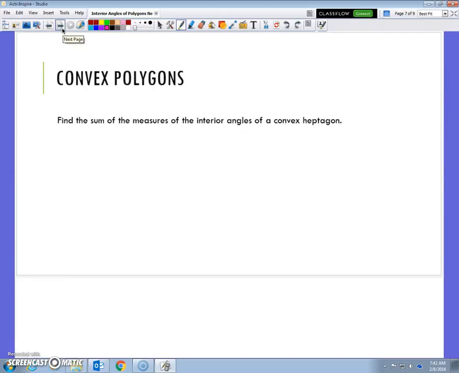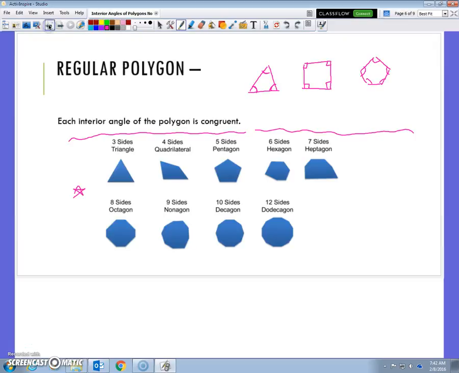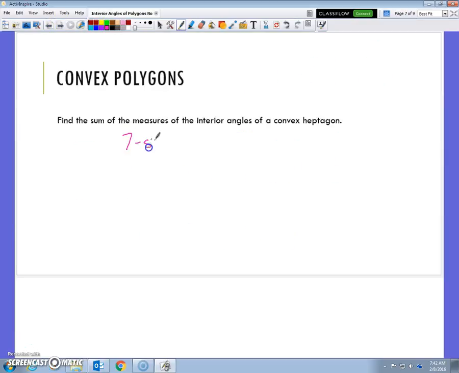Convex polygons. Find the sum of the measures of the interior angles of a convex heptagon. So right away it says find the sum of the measures of the interior angles of a convex heptagon. Let's take a look here. We have a heptagon, a 7-sided figure. And if it has 7 sides, then we know that it has 7 minus 2, 5 triangles. That's 5 triangles. So my formula is n minus 2 times 180, or 7 minus 2 times